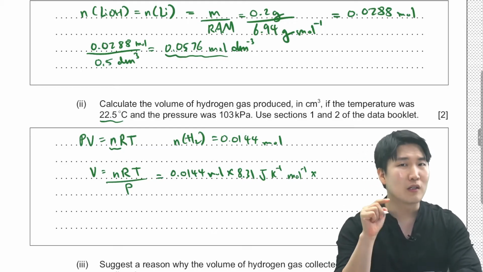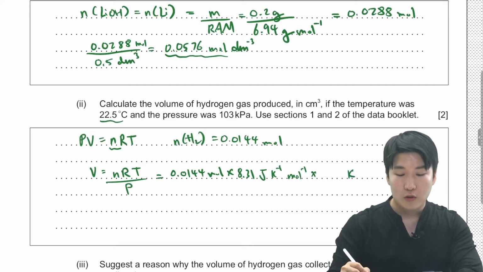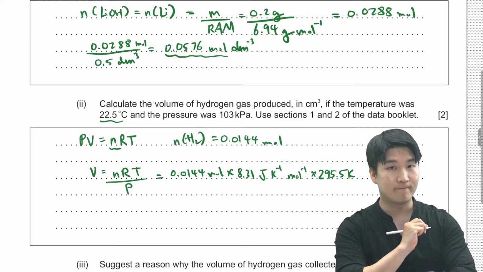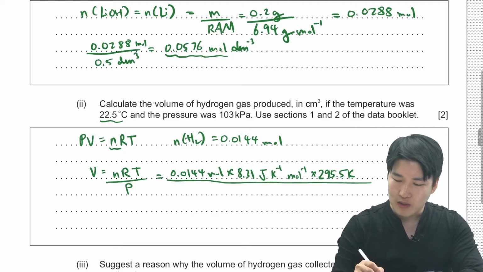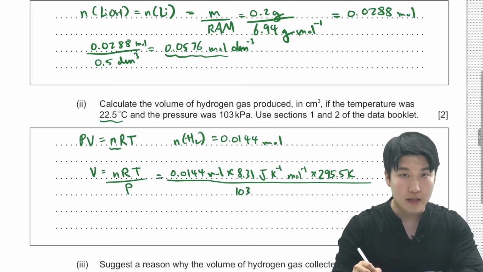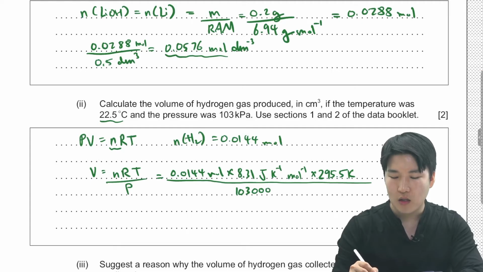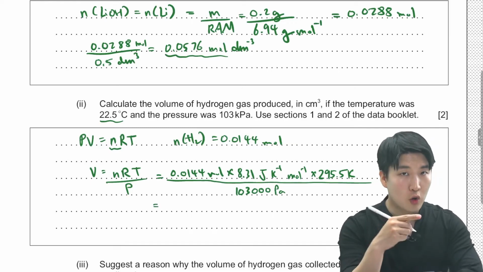Do you put that value in? No, you don't. You have to convert that value to Kelvin, which would be 273 plus 22.5, which would be 295.5, over pressure. Pressure we're given as 103 kilopascals. But let's convert that into Pascal. So we are given 103,000 Pascal. Now, this should give us the volume in the unit of